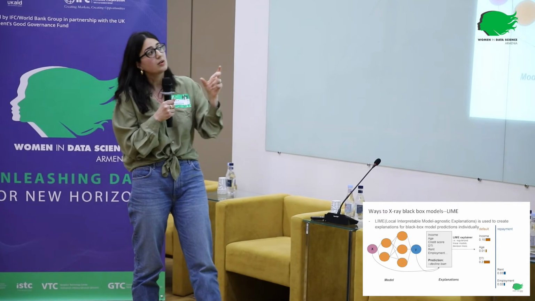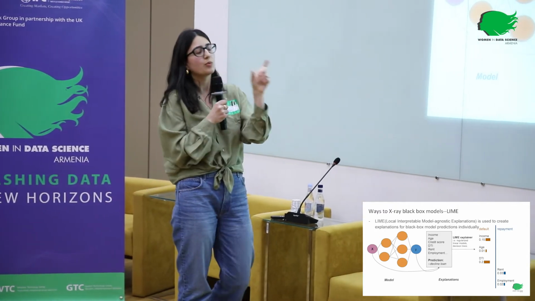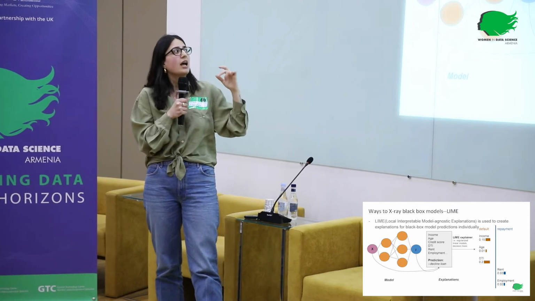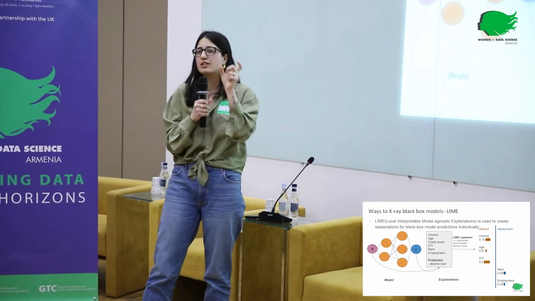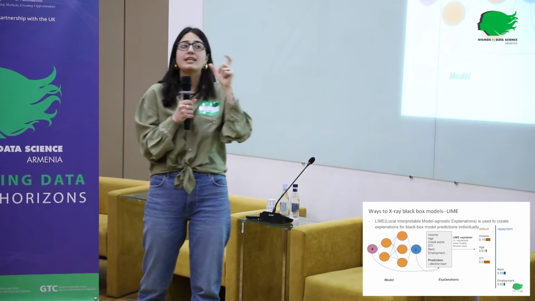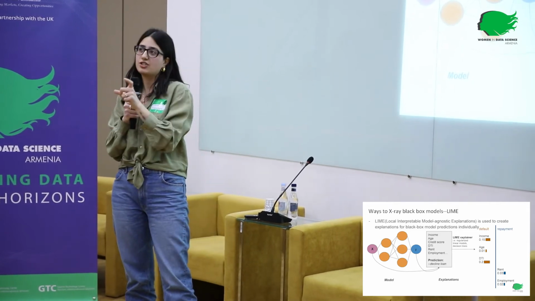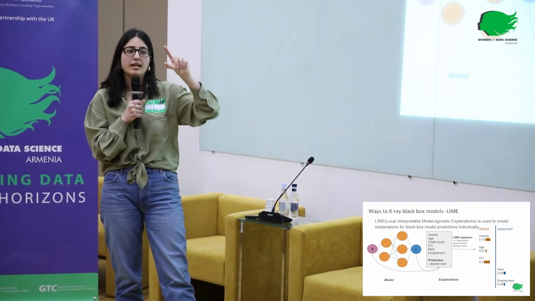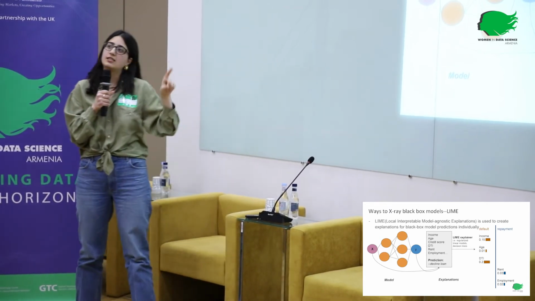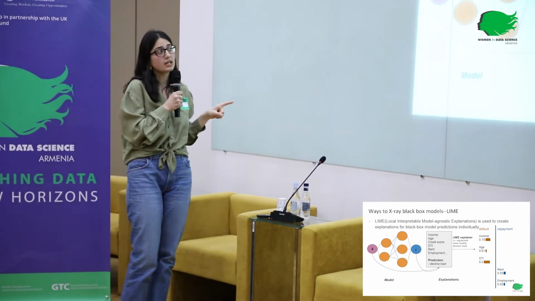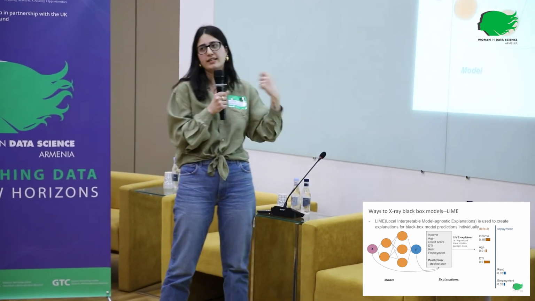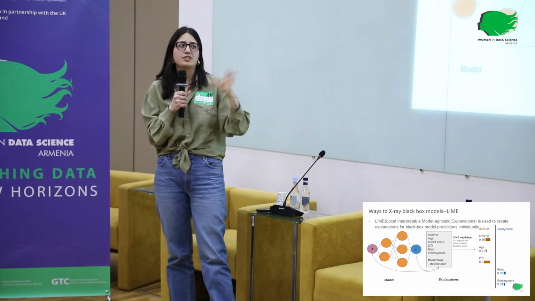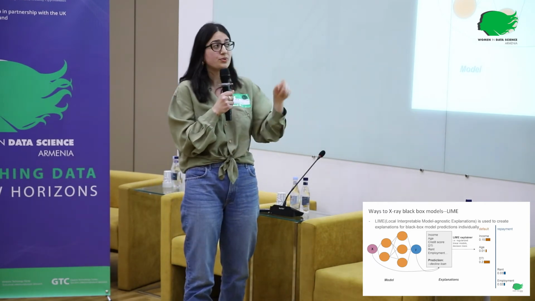What we do, we take one individual prediction out of all the sample, and this is the key thing about LIME, that it's local. So we explain one single prediction at a time. We take that point of interest, and then we select a vicinity around that point of interest. And what LIME does, it generates random cases from that vicinity, and does sensitivity analysis to